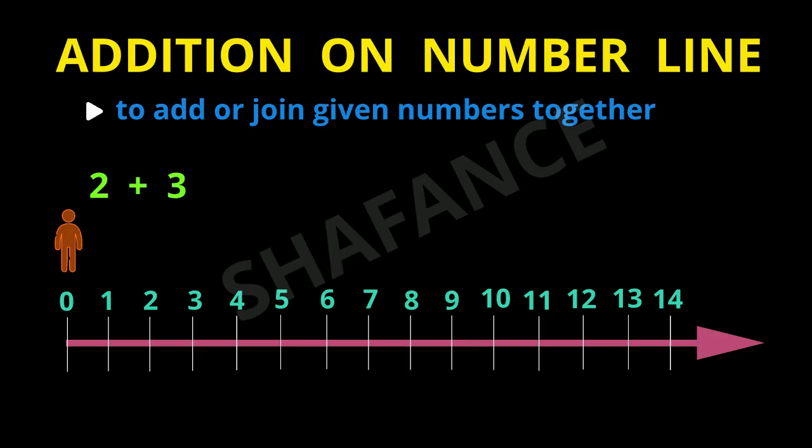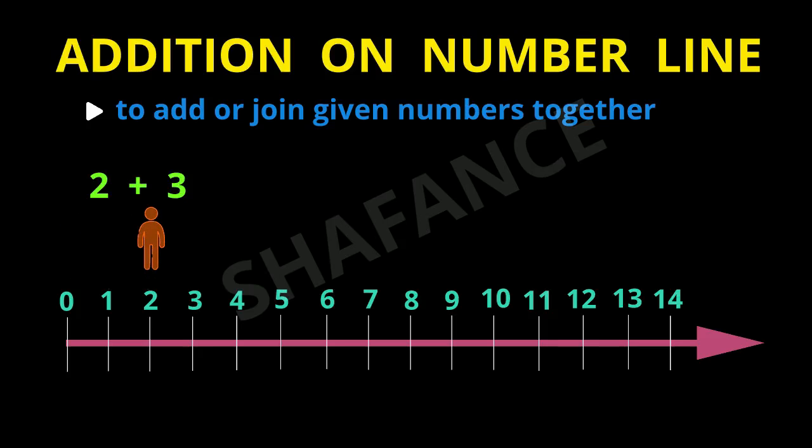So now we can make the person move 2 digits to the right, on the number line, on the positive numbers, because we have to move 2 numbers on the positive side. So now the person will move 2 places on the right side. So the person moves to 1 and then 2. Now he is placed at 2.